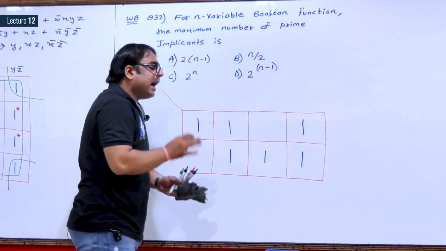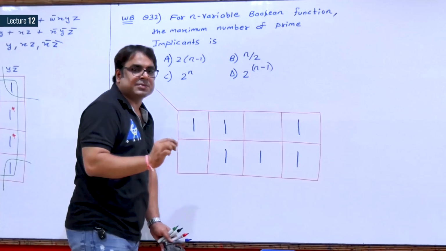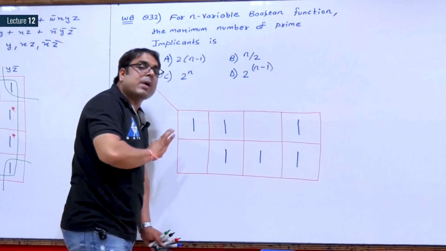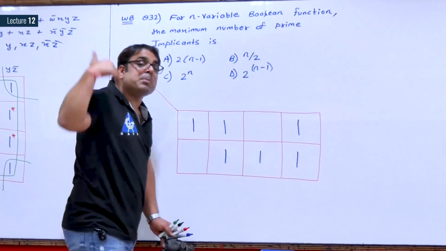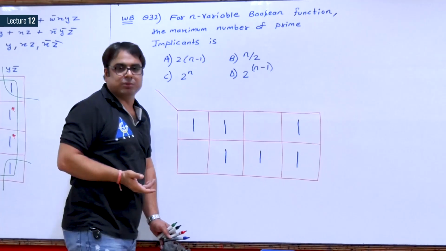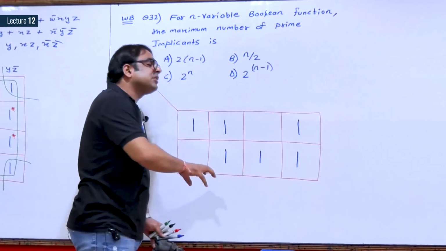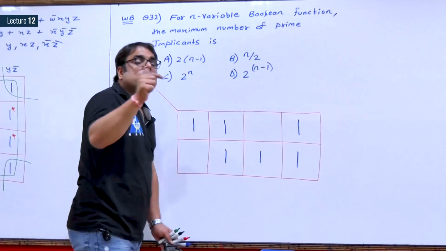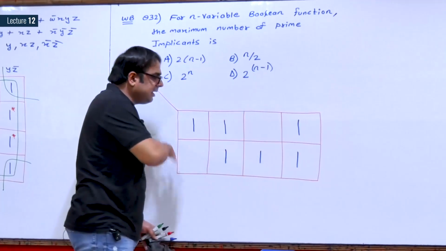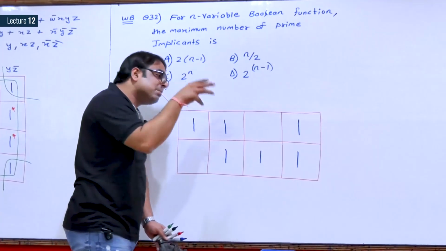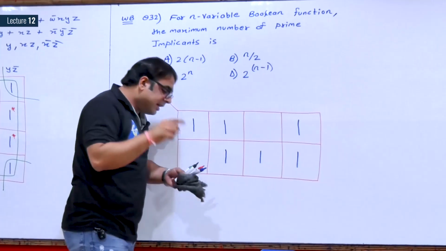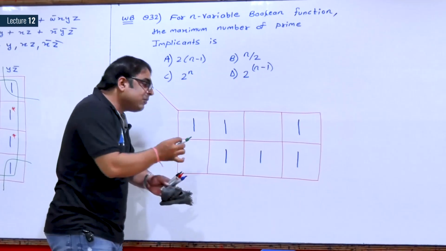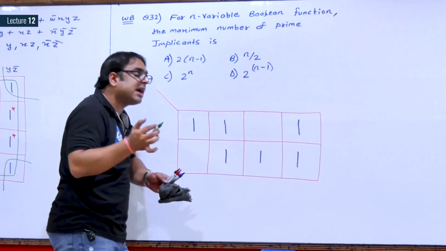See, I have chosen min terms so that there is no quad. No quad means only pairs, so the number of group possibilities will be more. I have tried to fill as much as I can, but considering that a quad should not be formed. So you can see there is no quad and a maximum number of min terms. Now you check how many pairs I have in this one.